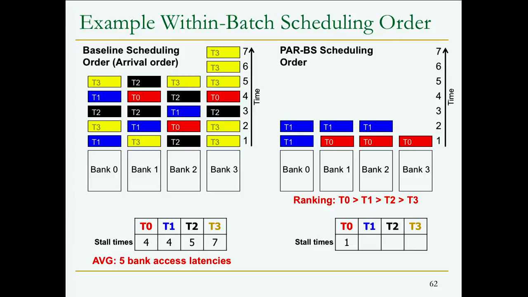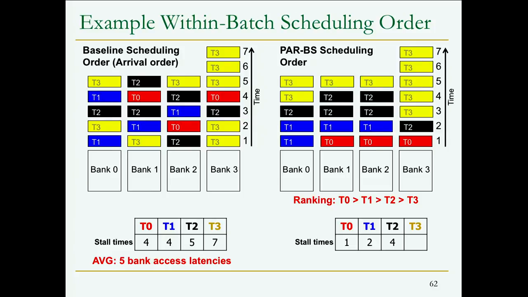This ranking is a priority order. It doesn't delay requests from threads. As a result, the last request of thread 1 is serviced after 2 bank access latencies. So we're already having much higher improvements for these threads. Thread 2 is ranked third. As a result, its last request gets serviced after 4 bank access latencies. And then thread 3